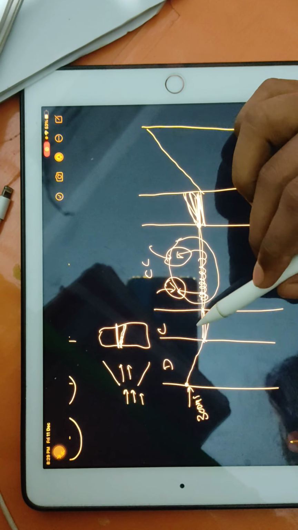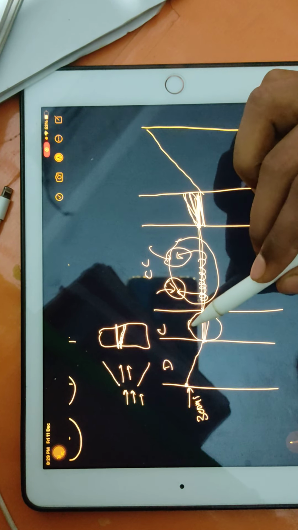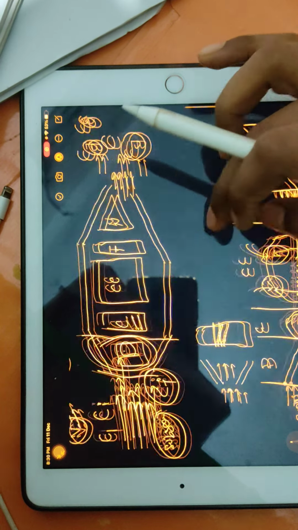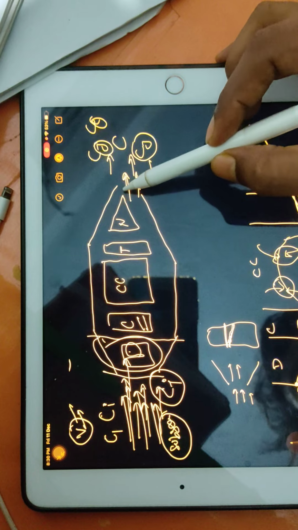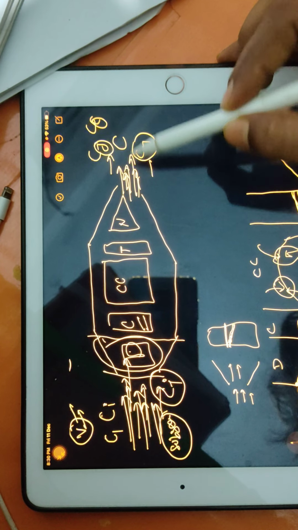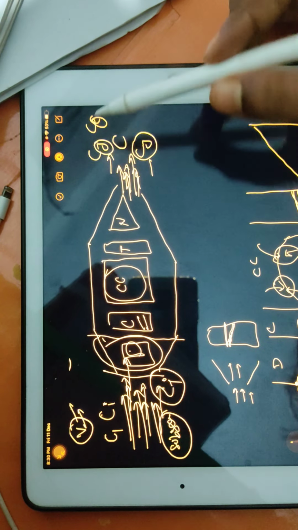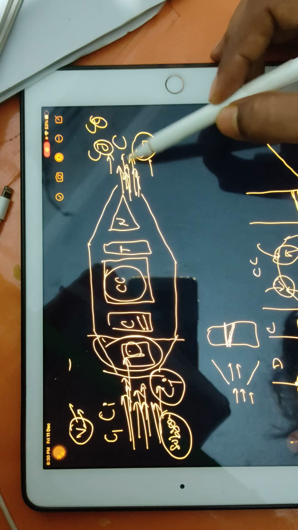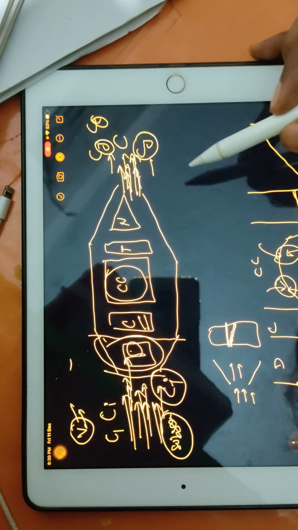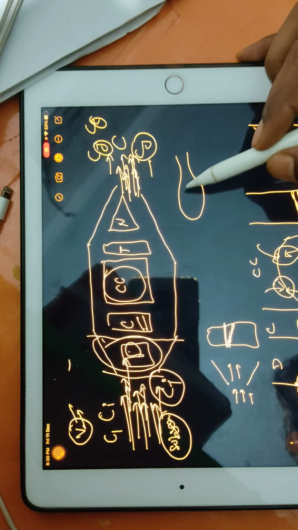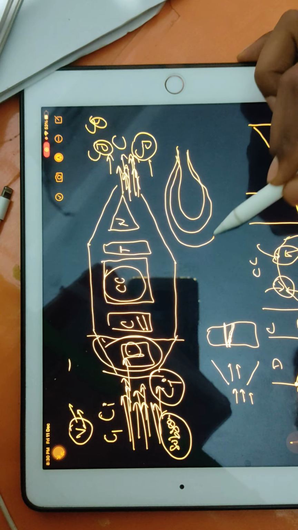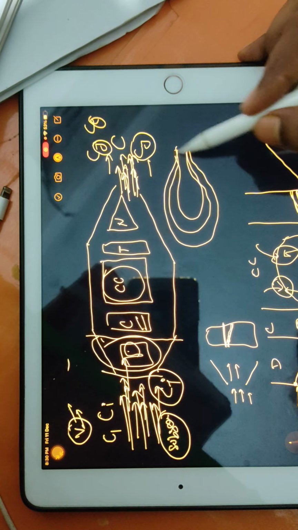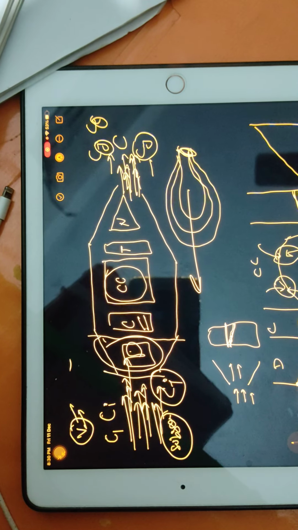Why is there a need for a compressor? So see guys. When you want very hot gases, that's why you need the combustion chamber. You need very compressed gases. Why? Because of the balloon concept. If you blow air into a balloon and make the size very big, and then you leave it, the speed of the balloon will be faster.